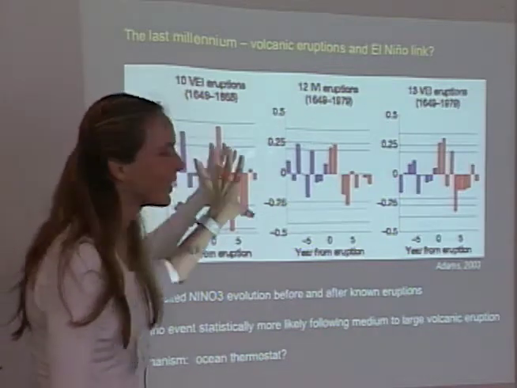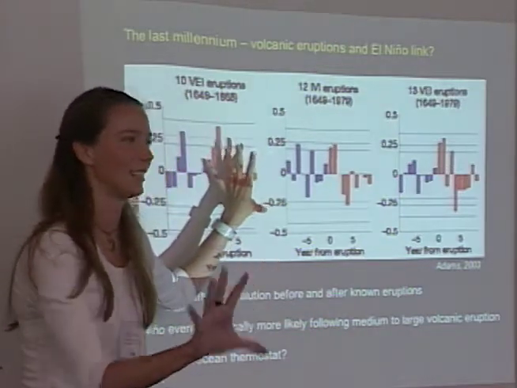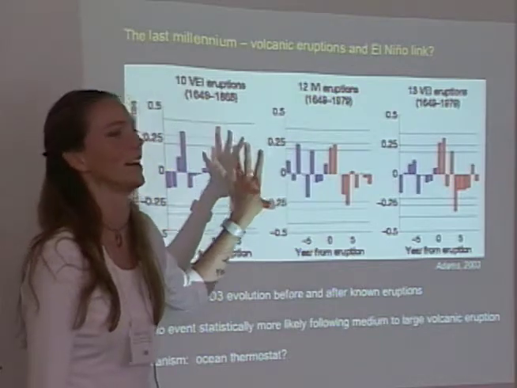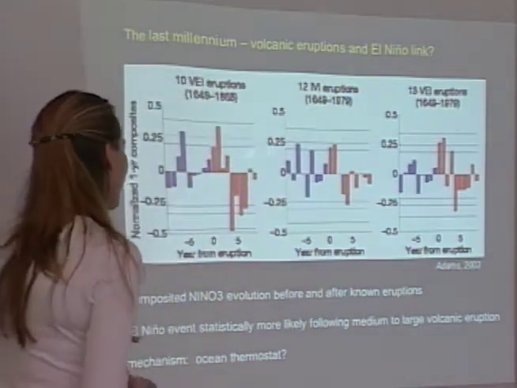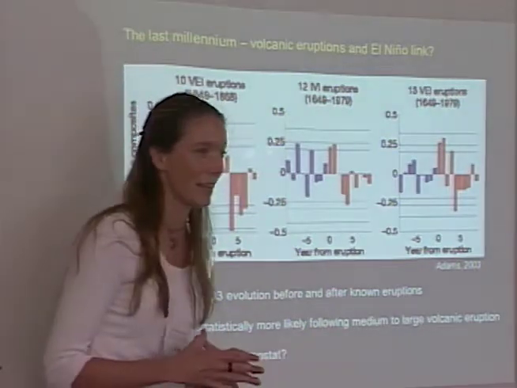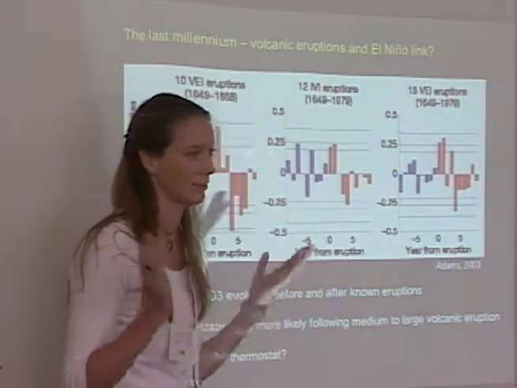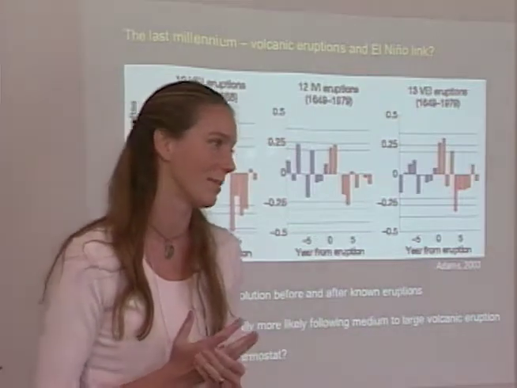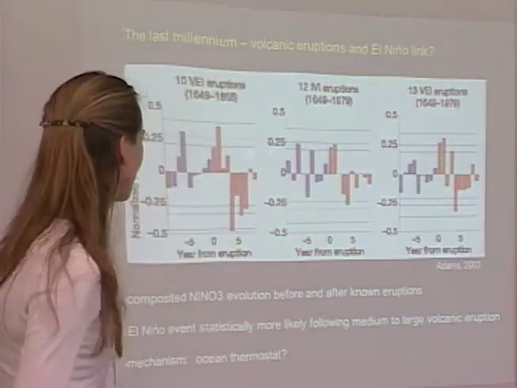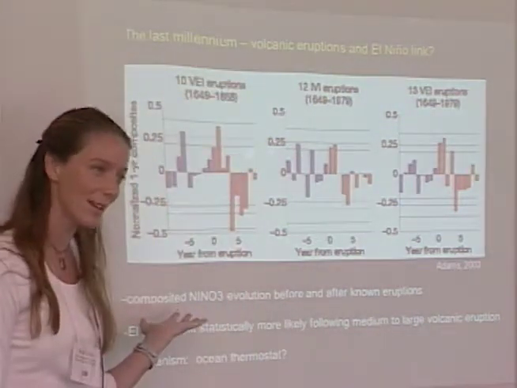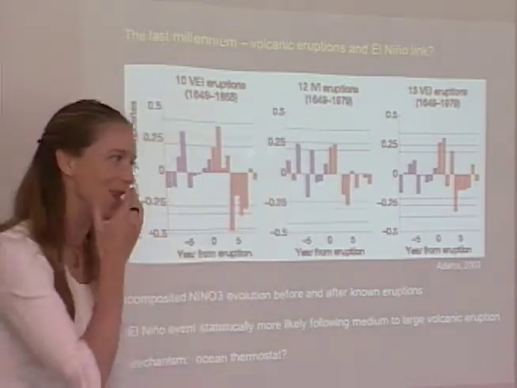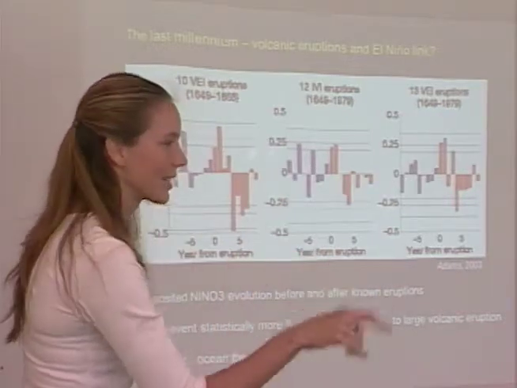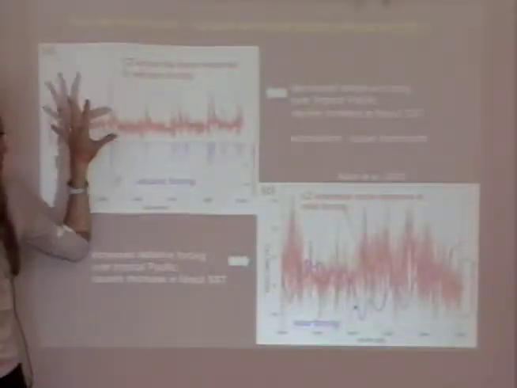Okay. This launched a whole line of work that is very, very hot right now, and it involves the possibility that El Nino responded to radiative forcing over the last millennium. Now, I hadn't heard of that until about 6 months ago, and I'm going to present some results that have been done with the Cane-Zebiak model. This gets really boring, but I encourage all of you to go out and make another ENSO model. So let's go on. Let's just look at that. So what they did, this is a model now.